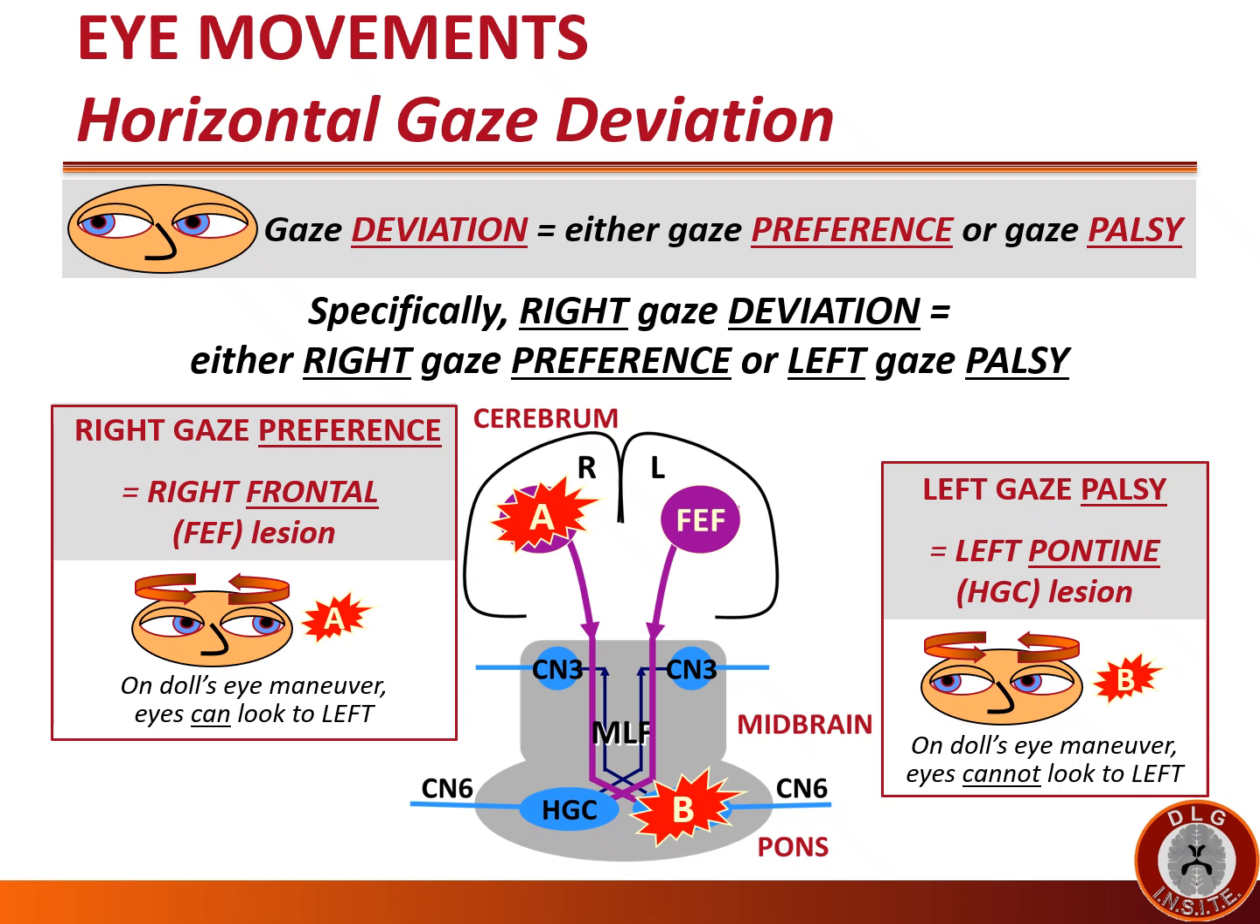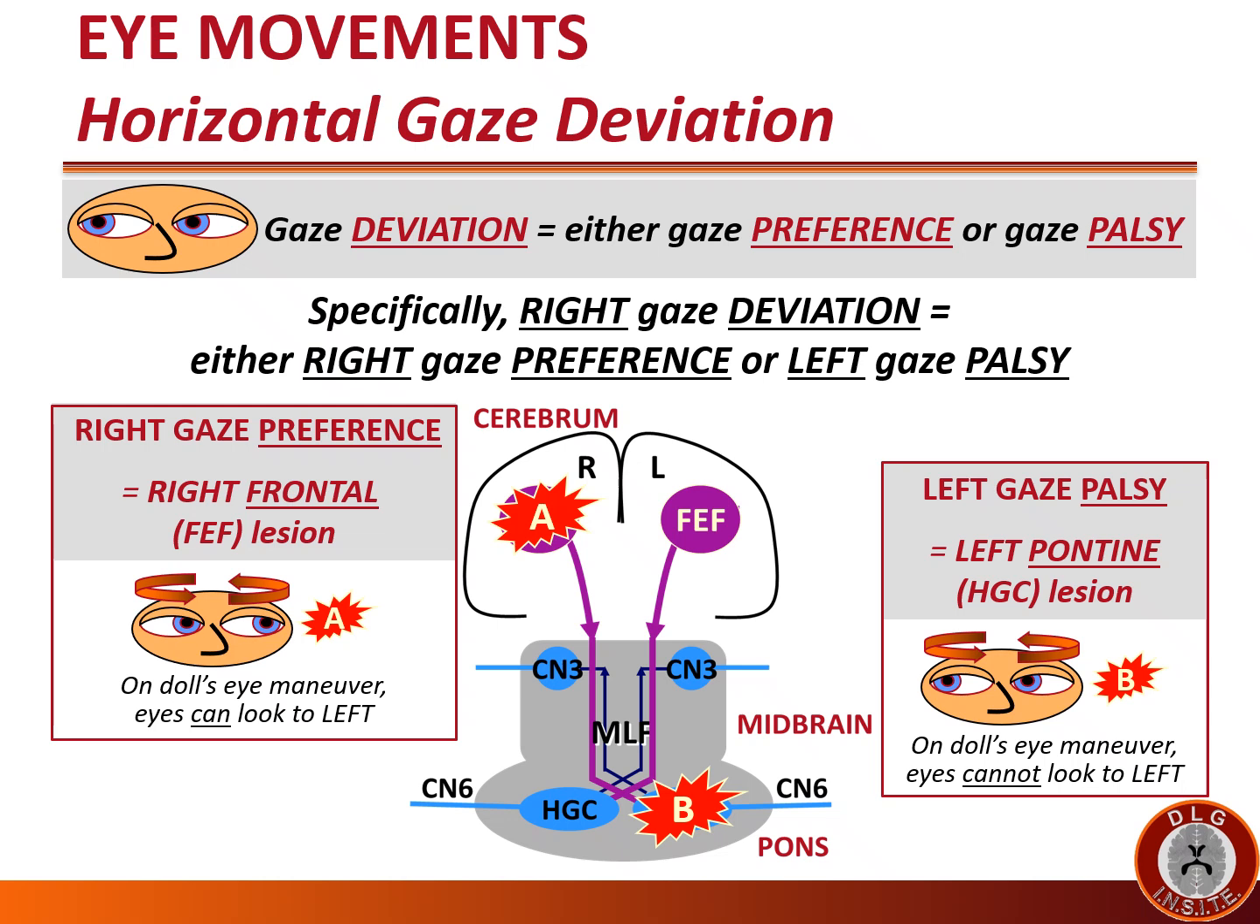So specifically in this case, we'll look at right gaze deviation. And again, right gaze deviation due to right gaze preference or left gaze palsy. Now that may seem confusing. Right gaze preference equals left gaze palsy. Let's explain. The right cerebrum, right frontal lobe, right frontal eye field, makes you look left. So if the right frontal lobe is damaged, you can't look left, you look right,